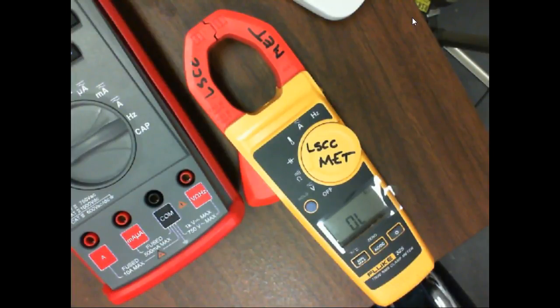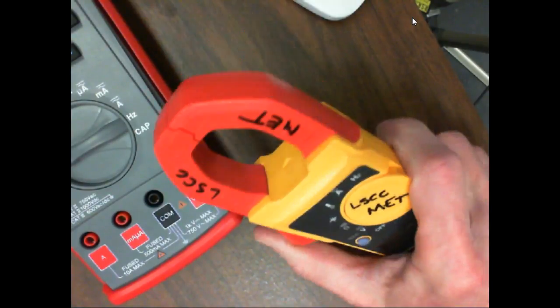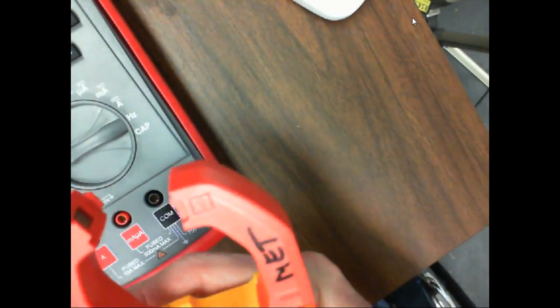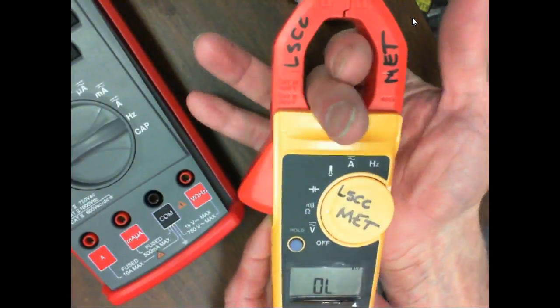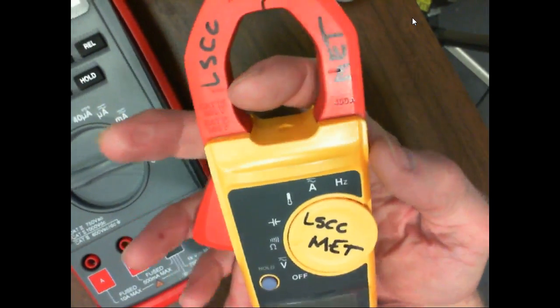when we put current through a conductor, it creates a magnetic field. The magnetic field that is generated around that conductor is directly proportional to the current flow through it. So what a clamp-on ammeter does is it measures the strength of the magnetic field. You see why it's called a clamp-on ammeter, right? So what do we do? We take our one conductor. We don't put two conductors unless we want to measure the differential current. Put one conductor through here, open it up, put the conductor in there, and then we come over here and